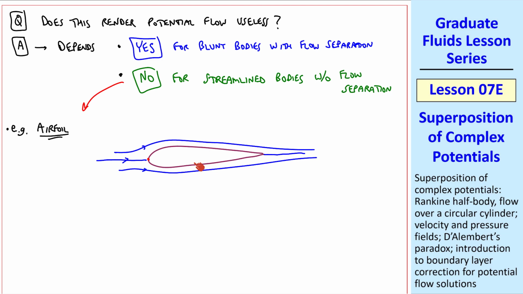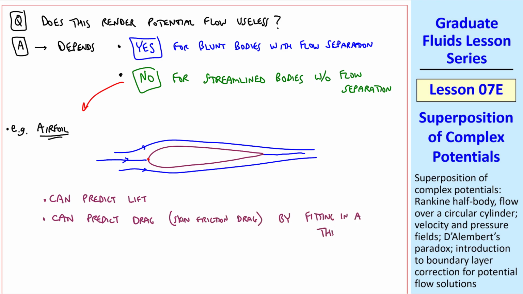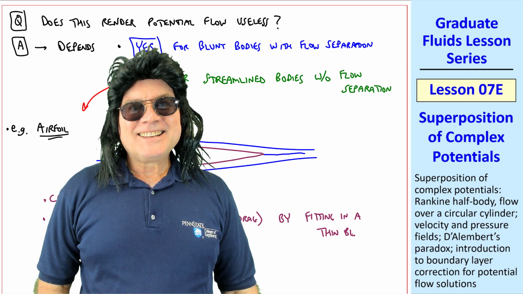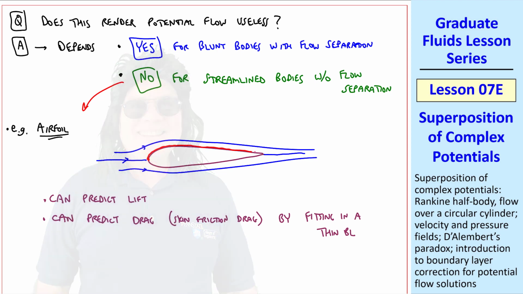And potential flow does a very good job. It turns out that you can also predict drag, namely the skin friction drag, by fitting in a very thin boundary layer. How thin is it, dude? It's so thin that from far away you don't even see it. Therefore, our potential flow is valid along the whole body. And since a boundary layer does have the no-slip condition and friction along the wall, we can predict the drag force. Potential flow gives a 0 drag force, but if we add this boundary layer, we can predict the drag force. And potential flow can do a very good job at both the lift and the drag on an airfoil